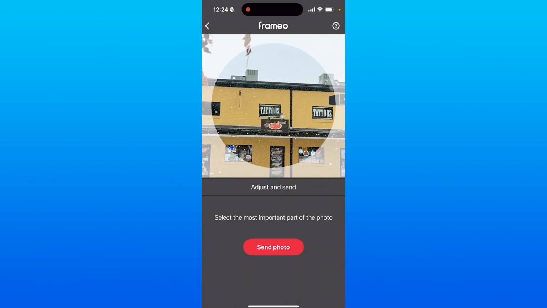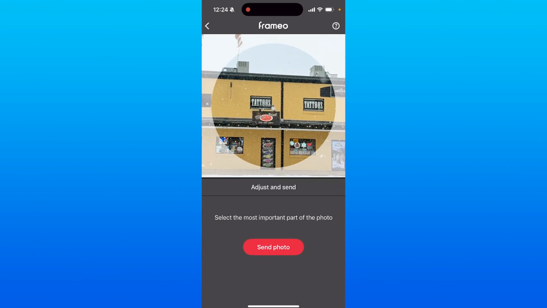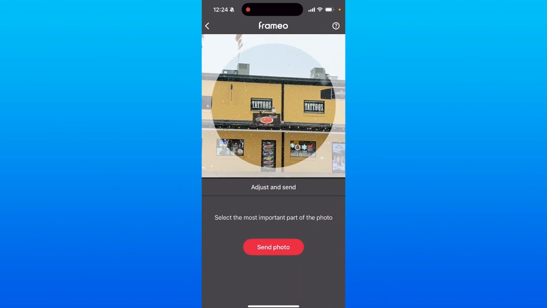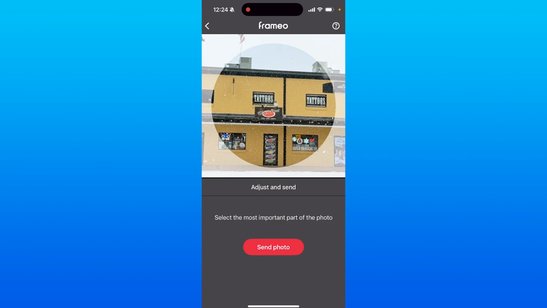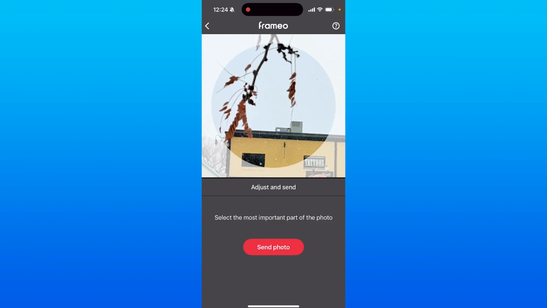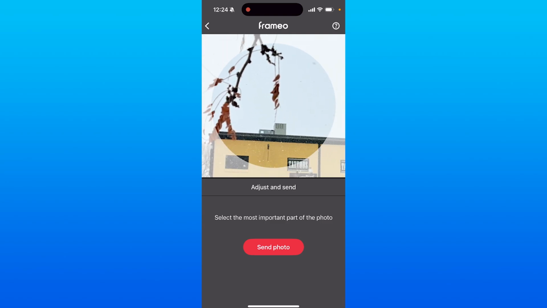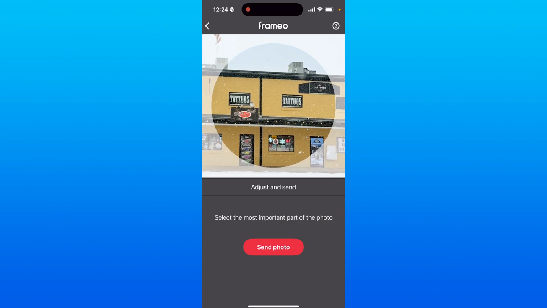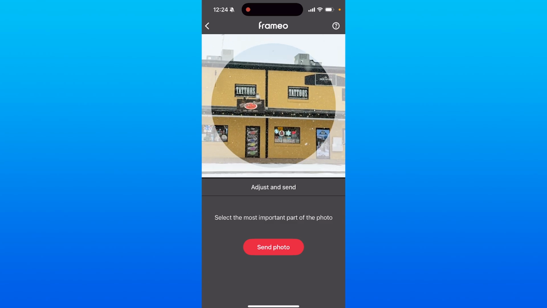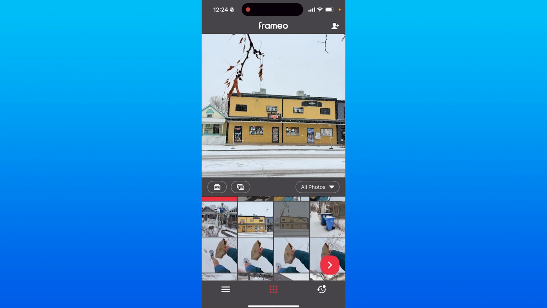you can adjust for the center of the photo so that the center of the photo is the focus that shows up in the center of the screen. Now, unless you want the center of focus to be this branch or something way off to the side, I recommend just leaving it in the middle most of the time. And once you've adjusted your focus, you click on send photo, and you've just sent your first photo